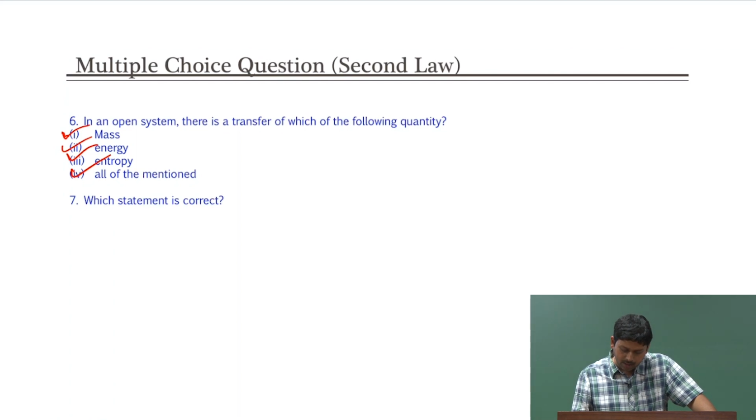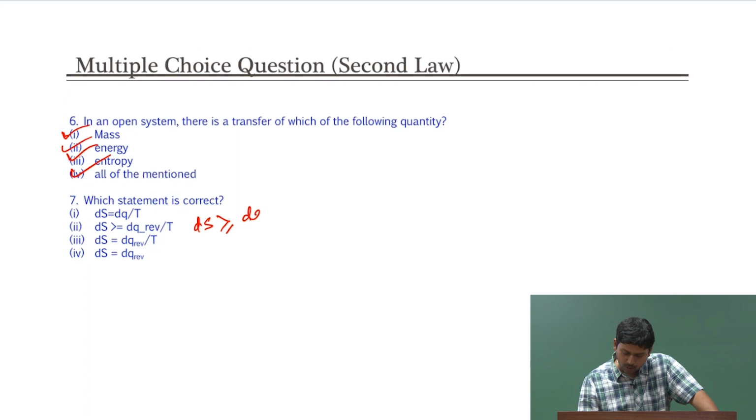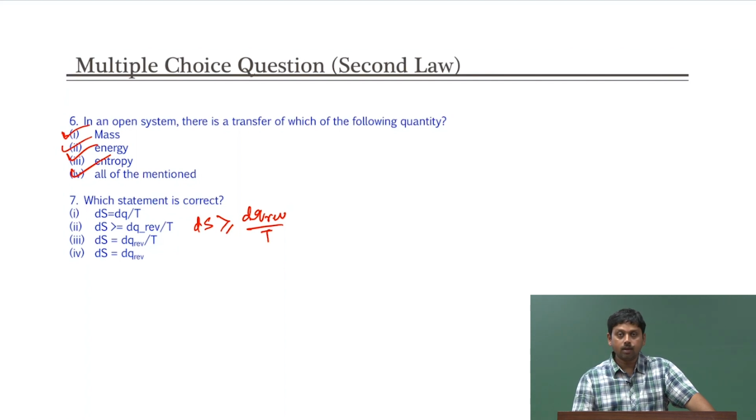Which statement is correct? ds equal to dq by t. Now, you will be tempted to always write ds equal to dq by t, but no, it is not true. ds greater or equal to dq reversible by t, meaning if I write it like this, ds greater or equal to dq reversible by t. Yes, I think that is no, that is not true, because